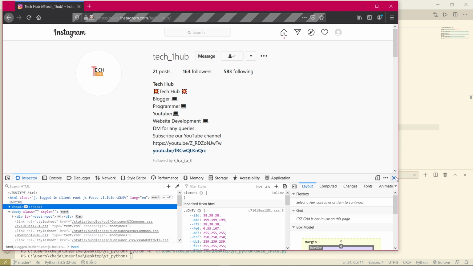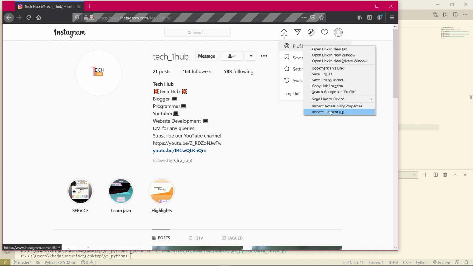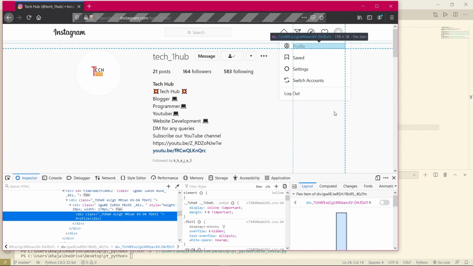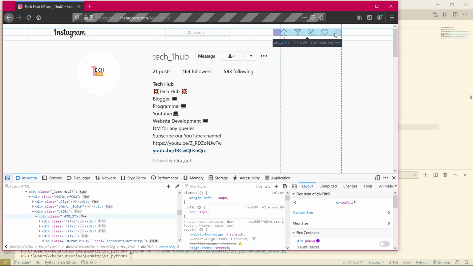Okay, we will copy the XPath of this, inspect element. Okay, wait, but before that we have to click this thing, right?